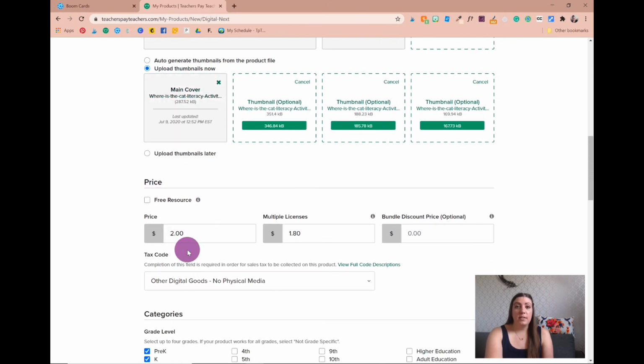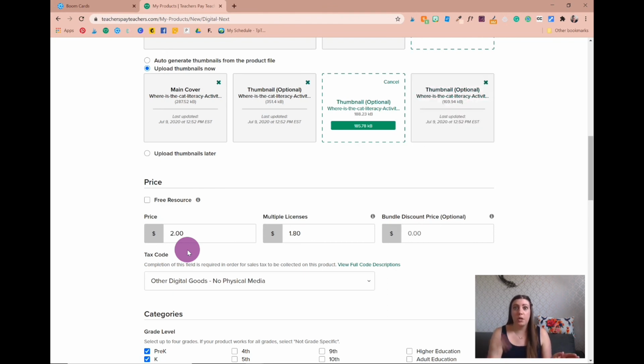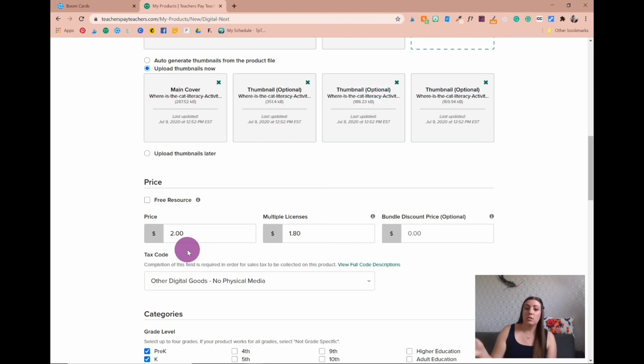And then your price. I always set the price to be the same as Boom Cards. You don't want to have Boom Cards be more expensive or Teachers Pay Teachers be more expensive. It's going to be the same. So if it's 200 points on Boom Cards, it's going to be $2 on Teachers Pay Teachers. If it's 300 points on Boom Cards, it's going to be $3 on Teachers Pay Teachers. Keep it consistent. I don't ever touch the multiple licenses price, and this isn't a bundle, so we don't need